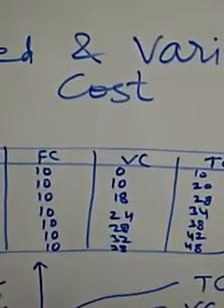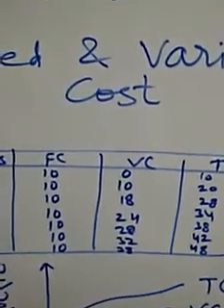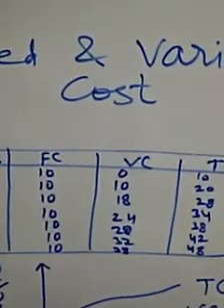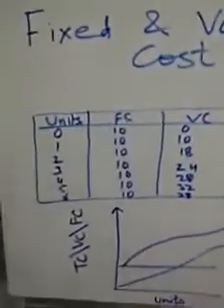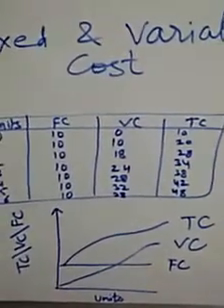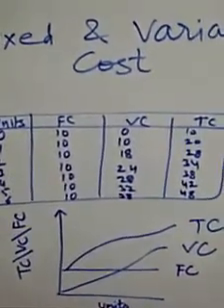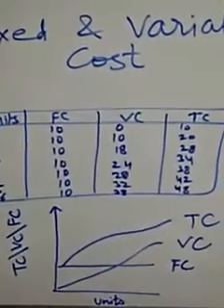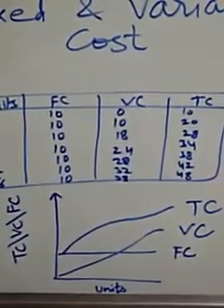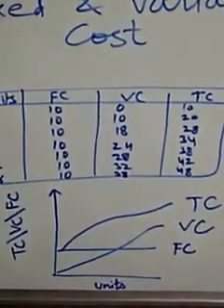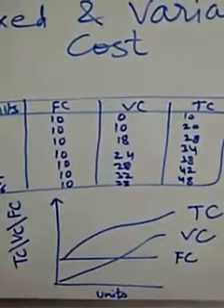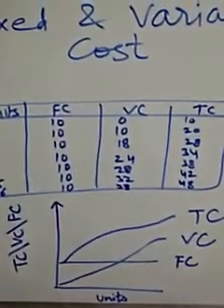Now we have to make a graph or curve for TC, TVC and TFC. Just below this schedule I have made a graph. In this curve you can see TC, VC and FC. So students, TFC is constant at all levels of output. You can see that fixed cost is a horizontal line, parallel to the x-axis. It never changes. It is a straight line and it is equidistant from the x-axis.